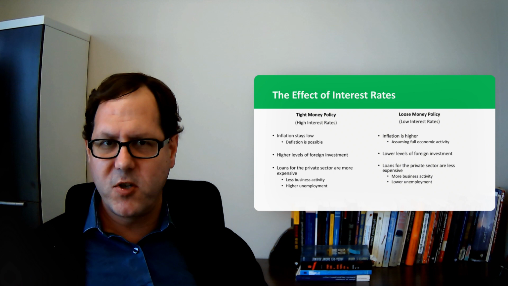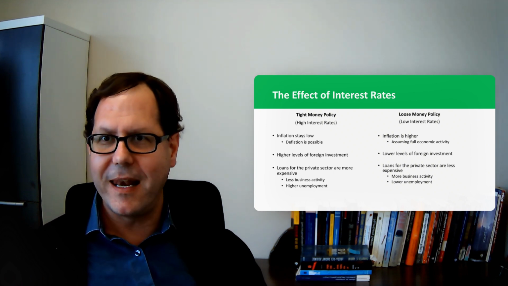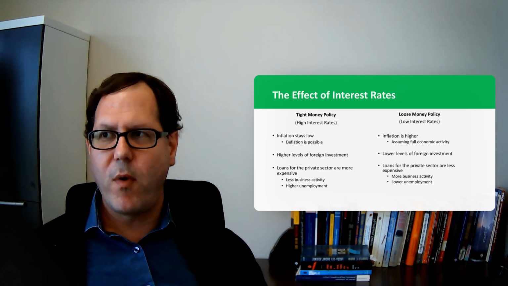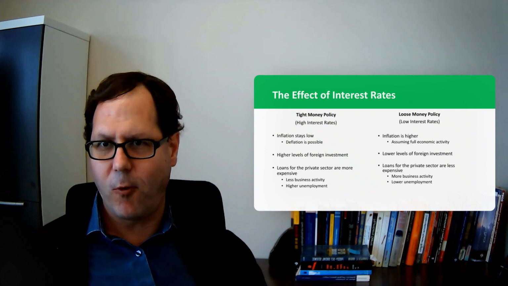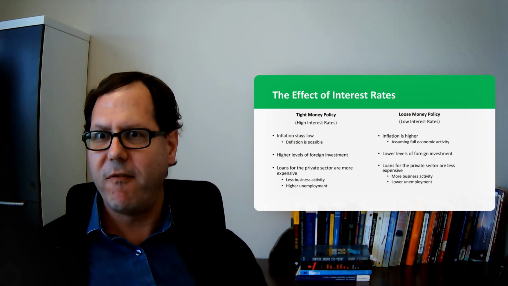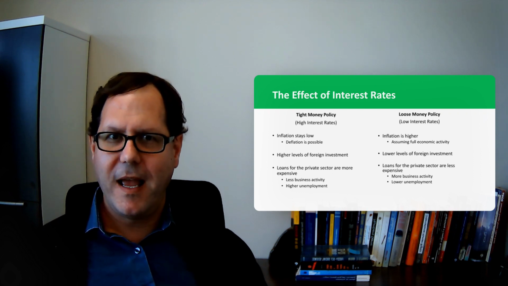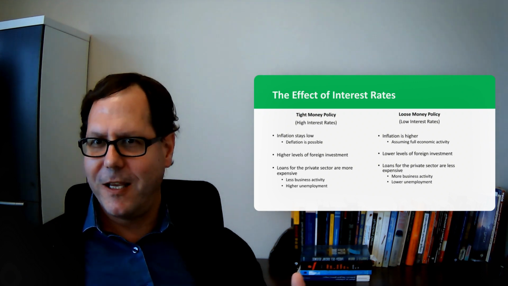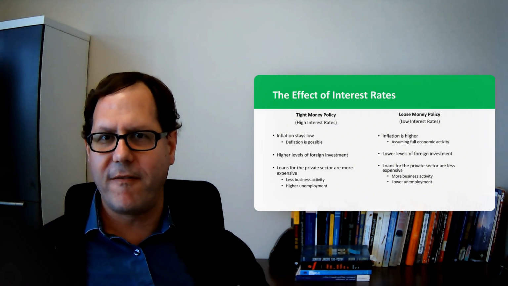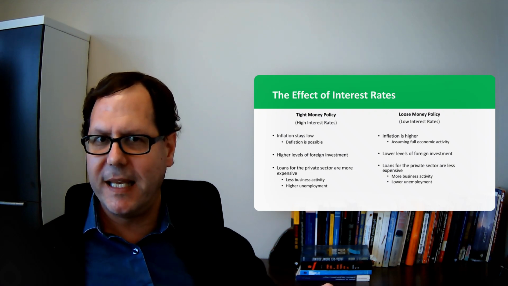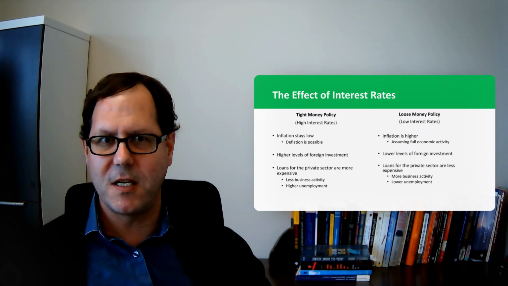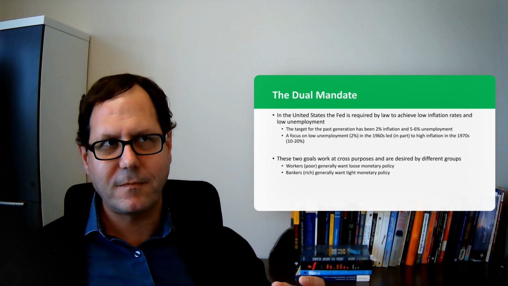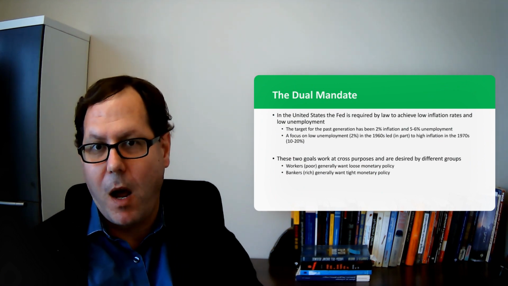But the big risk of pursuing a loose money policy is that in order to do that, the Federal Reserve is buying U.S. government debt at a rate below what the market is likely willing to pay for it and printing money to cover that as a result, which means more money is going into circulation, which means you can get inflation, which is potentially bad. So there's oftentimes this trade-off in setting monetary policy between keeping inflation low, which is oftentimes a desirable thing, but potentially increasing unemployment. And that really creates this core tension at the heart of setting monetary policy.